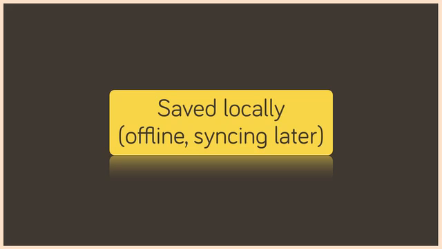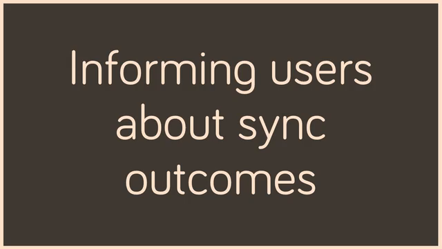And it depends on your use case and your target audience and how crucial the data is to them. One of the really nasty problems is informing users about sync outcomes in detail. Not whether they succeeded or not, but how and possibly why data has changed in their browser, possibly even in the view they're currently looking at. Because that's one of the things that happens when you sync stuff. And that's probably one of the hardest problems.